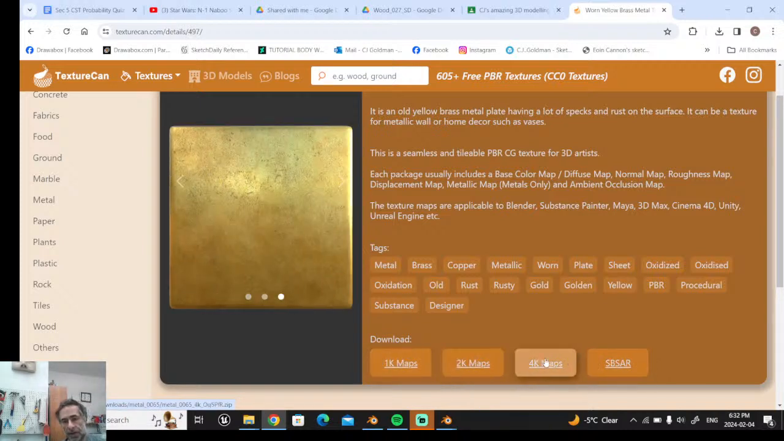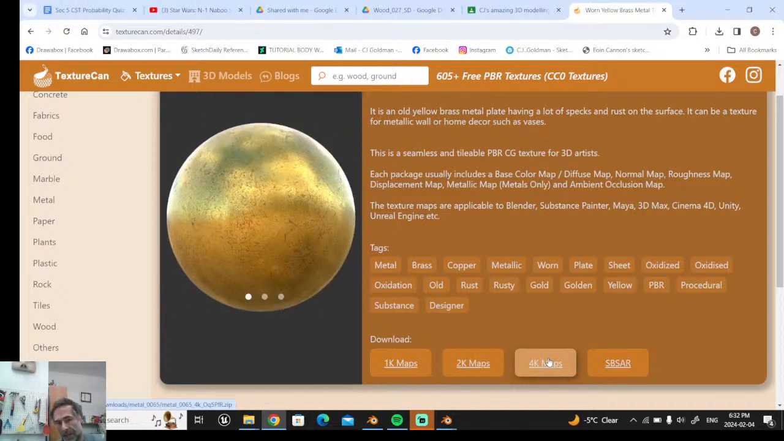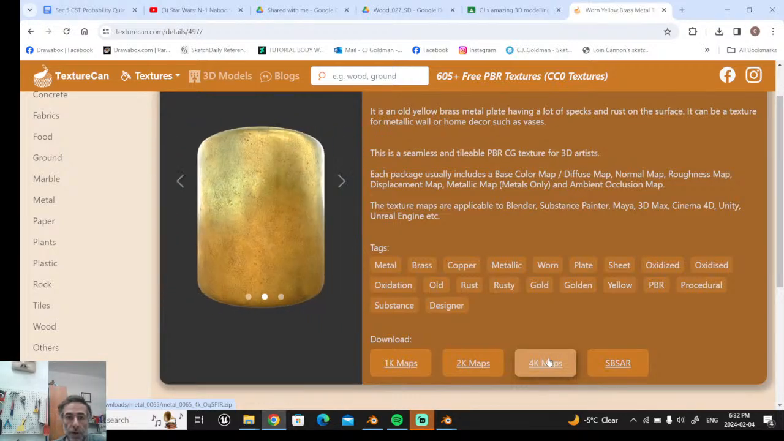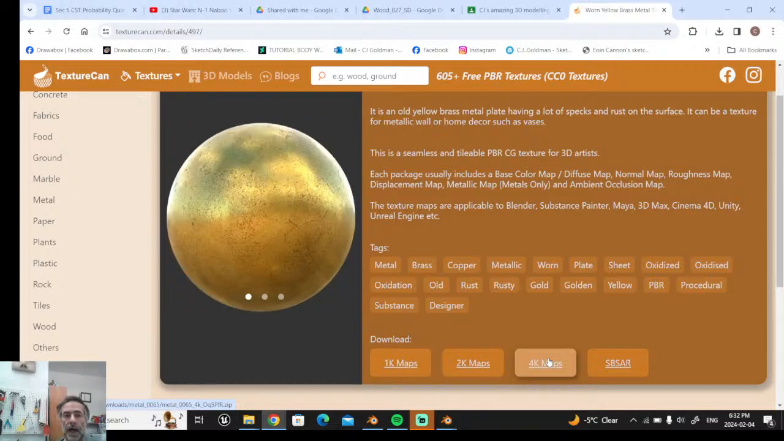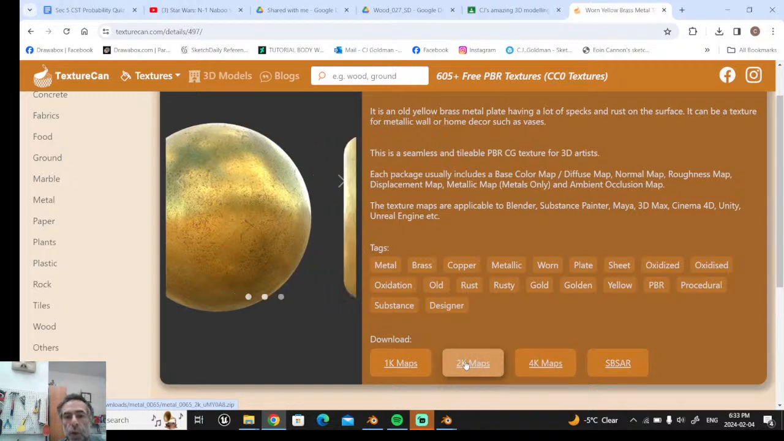The higher the resolution, the better quality the texture is, and the more memory and work it will take for the computer. So if you have a video game or a movie, when you see a big close-up of this lamp, it would have to be a very high quality texture map, like a 4K. If it was a video game, you don't see it from close, maybe a 1K. That means 1,000